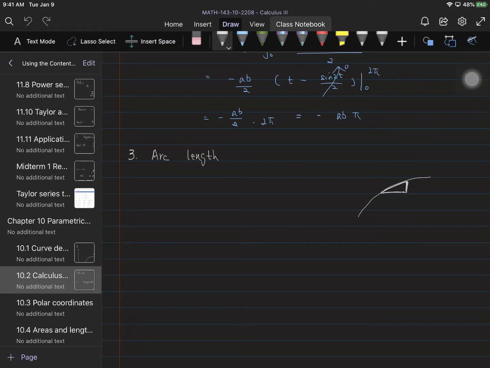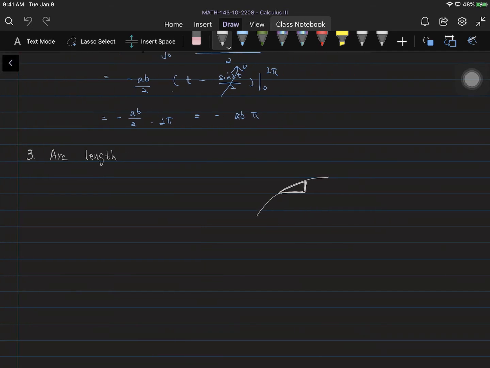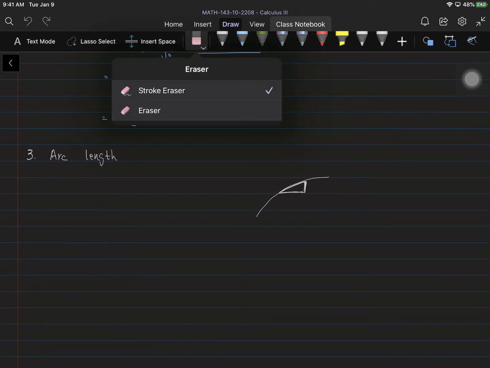So in this class, we will continue with section 10.2 and we will do the arc length and the surface area. Okay, so firstly, let's take a look at the arc length. How to find the arc length for a parametric curve? Firstly, let's take a look at our